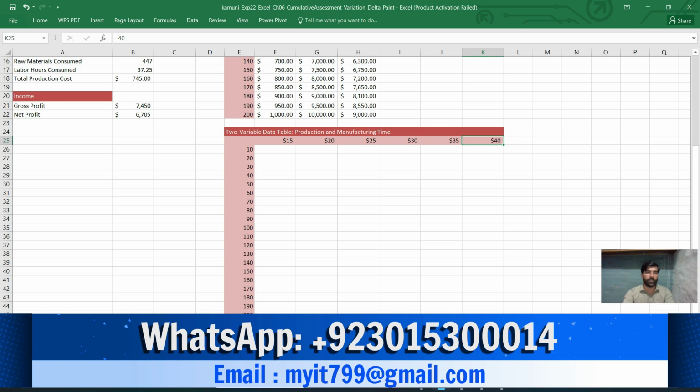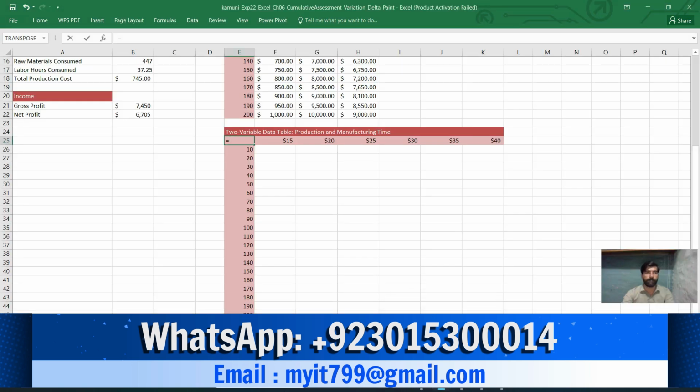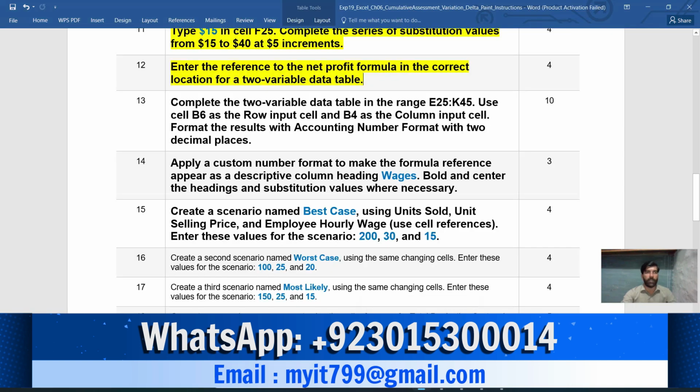This is the correct location, and this is the net profit formula. Just enter it. This is instruction number 12, and I have completed it so far.